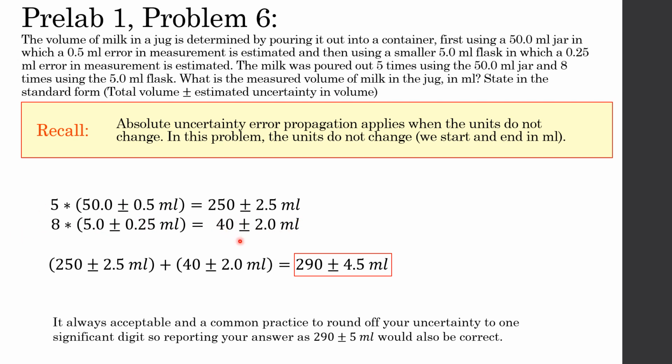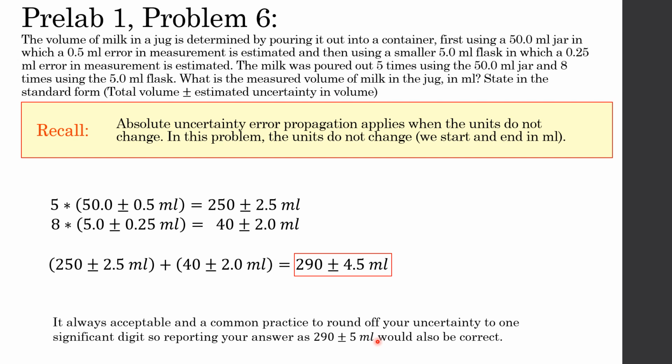So that's 40 plus or minus 2 milliliters. Then we add these up, both the volumes and the estimated uncertainties. 250 plus 40 gives us 290. 2.5 plus 2 gives us 4.5. So our final answer is 290 plus or minus 4.5 milliliters,